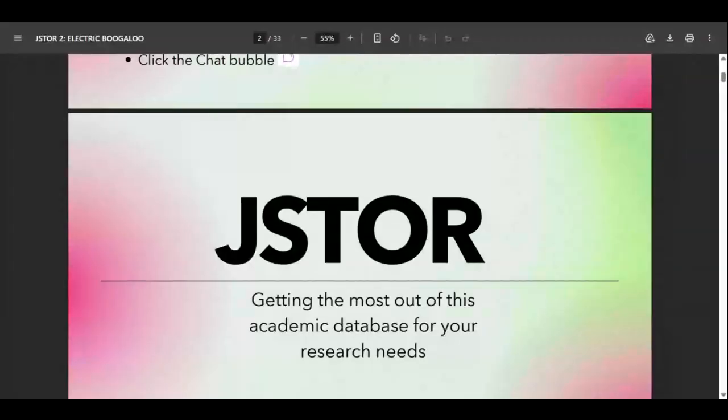Today we're going to be talking about one of the databases you have access to as a state employee, and that is JSTOR. Hopefully this session will give you the tools you need to get the most out of what